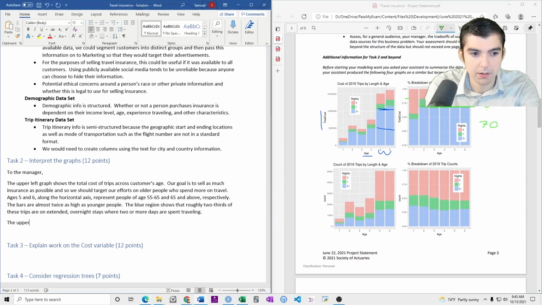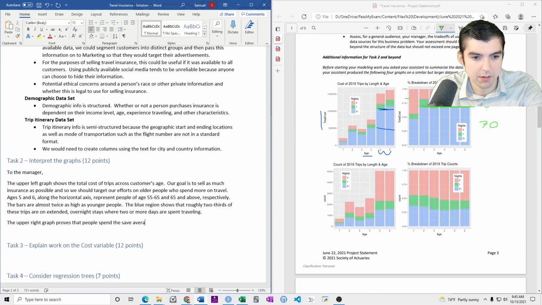The upper right graph proves that people spend the same average amount per day, regardless of how old they are.